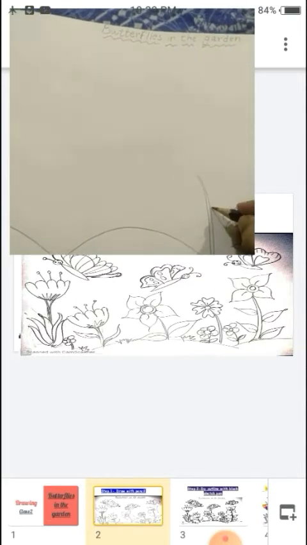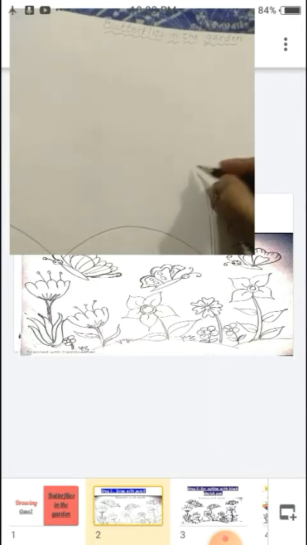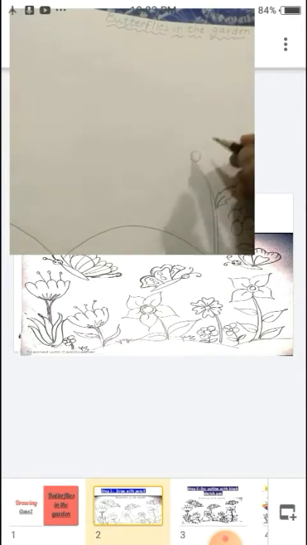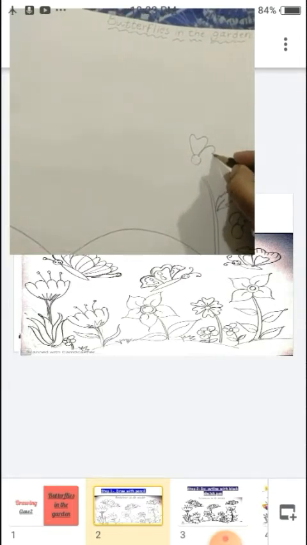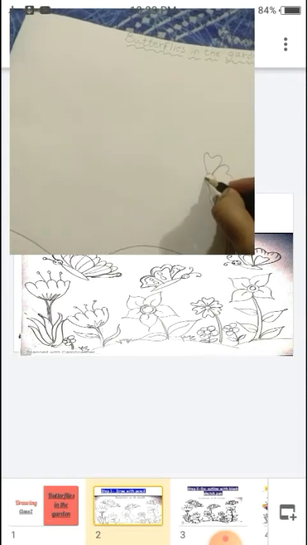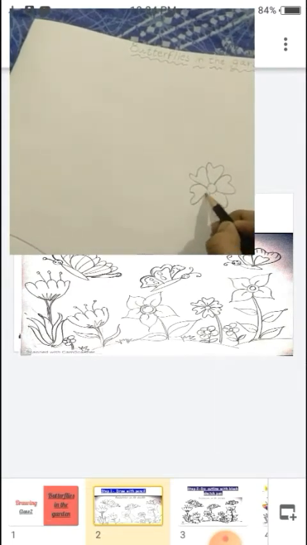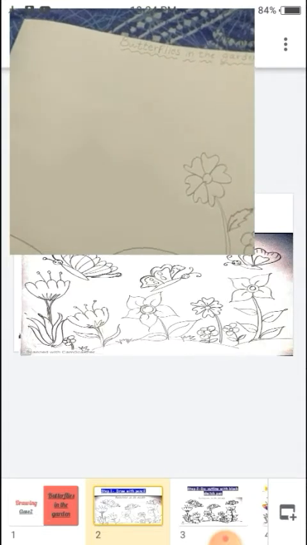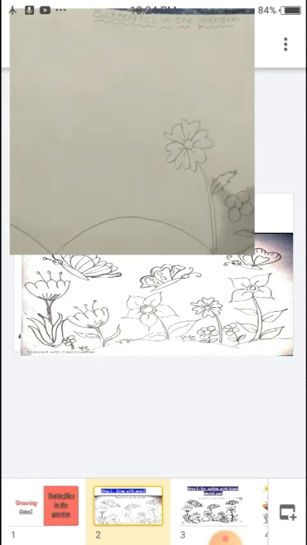Okay, here a different flower. In a garden you can see different types of flowers. Yes students, it looks so beautiful. So you can make any flower if you want. Okay, it's not necessary to make the same as what the teacher is making. You can put your own ideas. Okay, different flowers you can make.